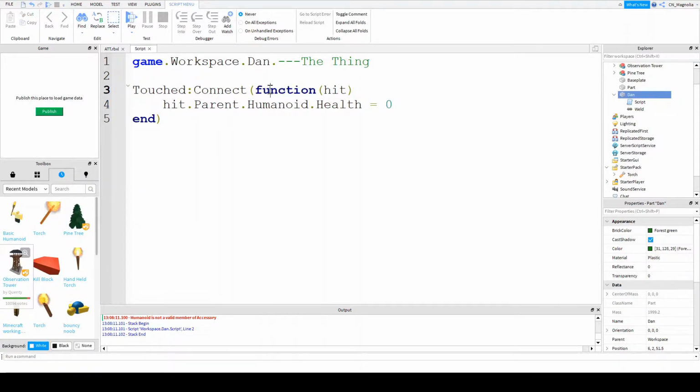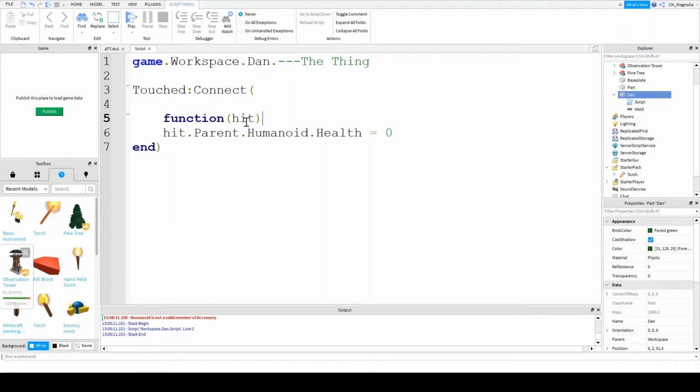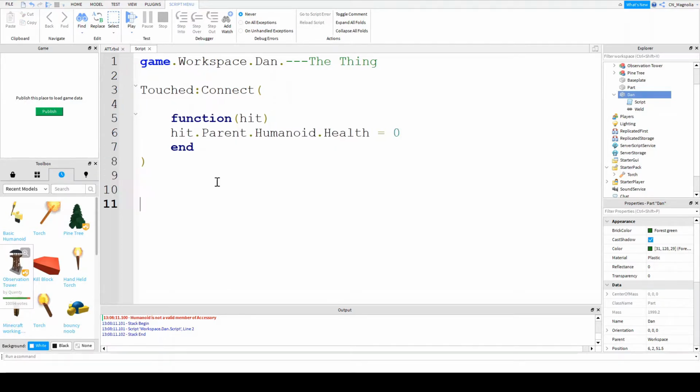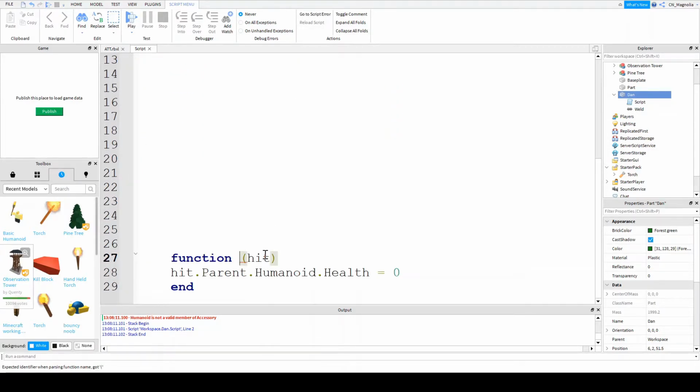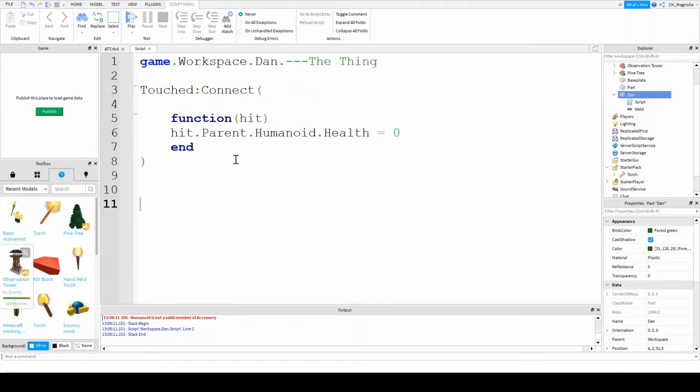I'm going to cover functions in a later video as well, but for now, all you have to understand is that it's creating a function, and whatever's inside of here is what is inside of that function, right? So we can actually make a function by itself. This is correct syntax if we didn't have any of the stuff above us and we just did it like that. This would compile, except it doesn't because this function is already defined. Anyways,